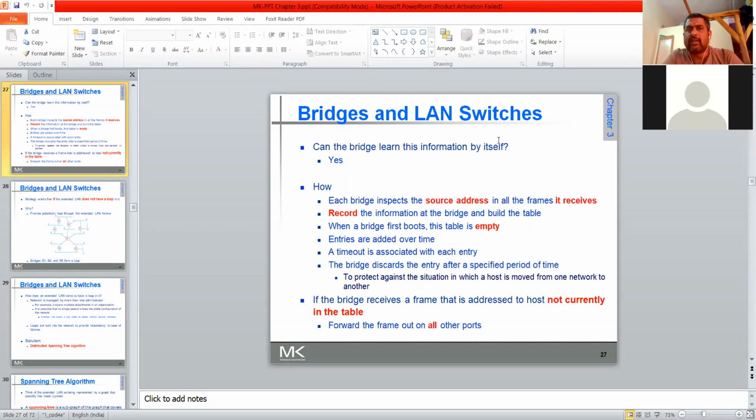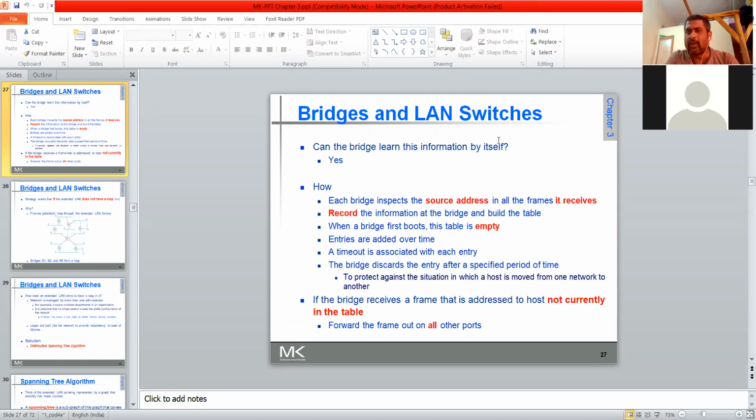Can the bridge learn this information by itself? That means, whatever bridges are there, can they learn by themselves how many hosts have been connected to which port? Can it learn by itself every quantum of time? Today you can see heterogeneous networks, wireless networks and wired networks.